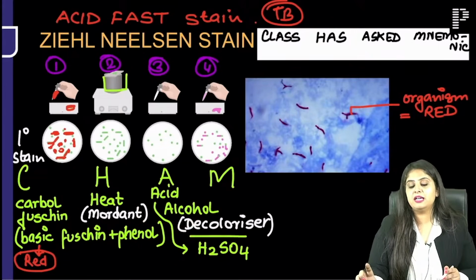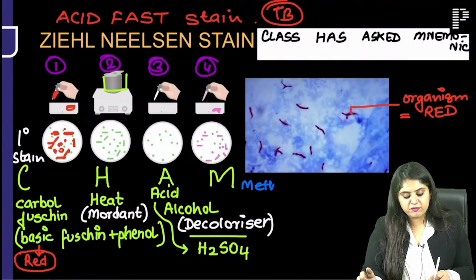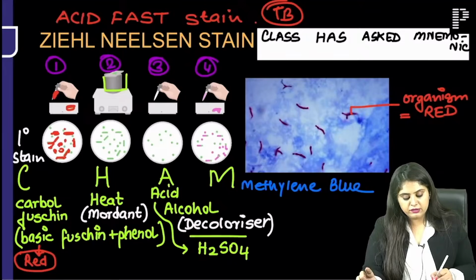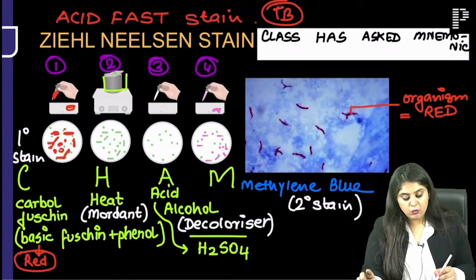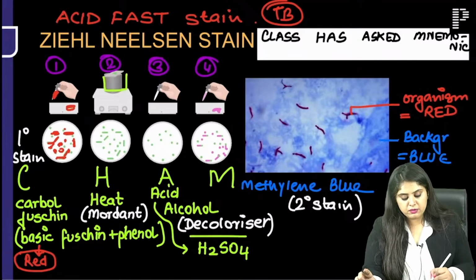Acid test is going to be done. And finally, what is the last stain that you have put? You have put methylene blue. So can I say methylene blue is going to be the secondary stain? And now you also see, you're not just writing. What is the color of the background? It's in front of you. The color of the background is going to be blue because of what? Because of